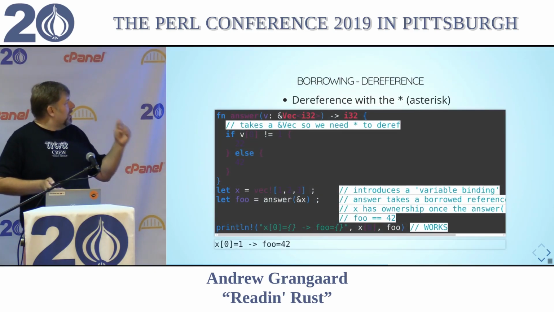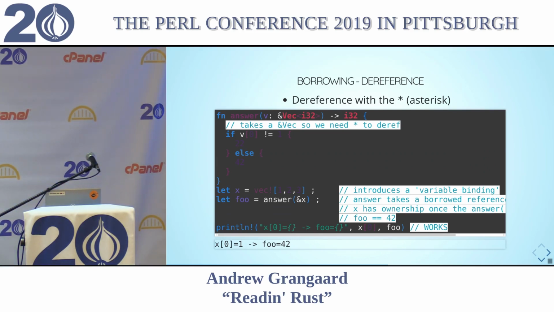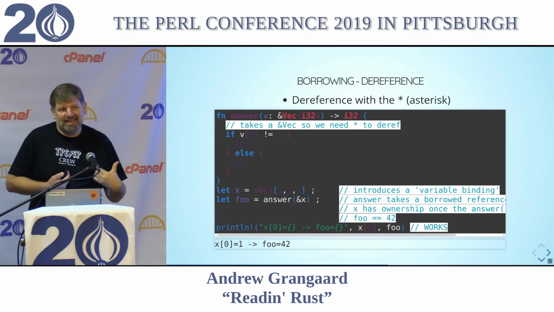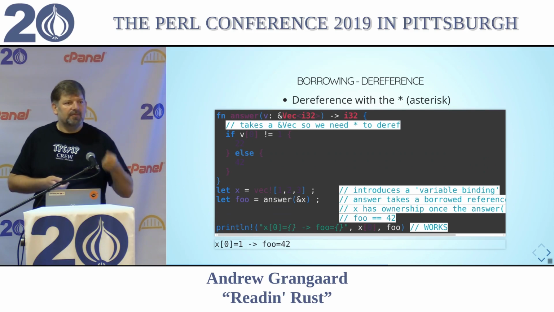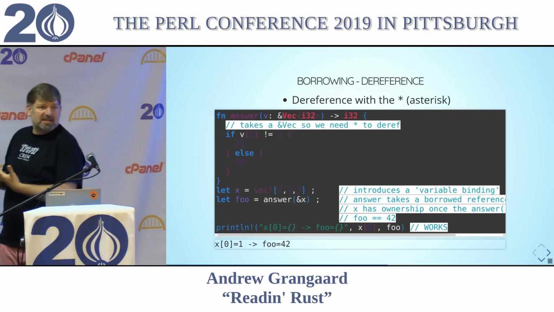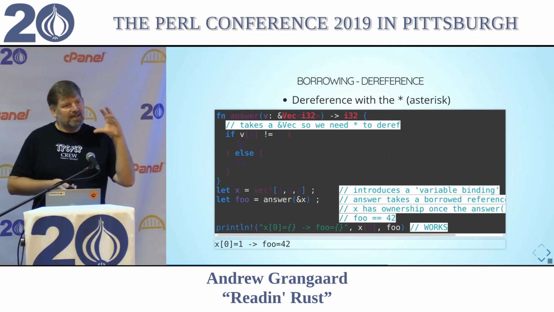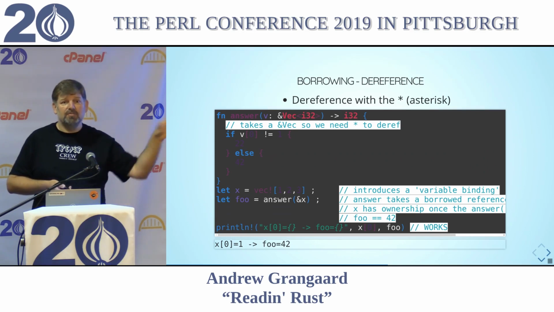Here in your function signature, you can declare that you were taking a reference, which says, I don't need the actual thing, I need a borrow of the thing. Because otherwise, if I call a function with a value, then the value goes away to the function, and it could give it back to me explicitly at the end, but that would be a mess. So we've got borrowing where you say, here's the value, you can have it till the end of your function, then give it back. And you can even say, here's the value, you can have it to the end of the function, and you can modify it if you want to.